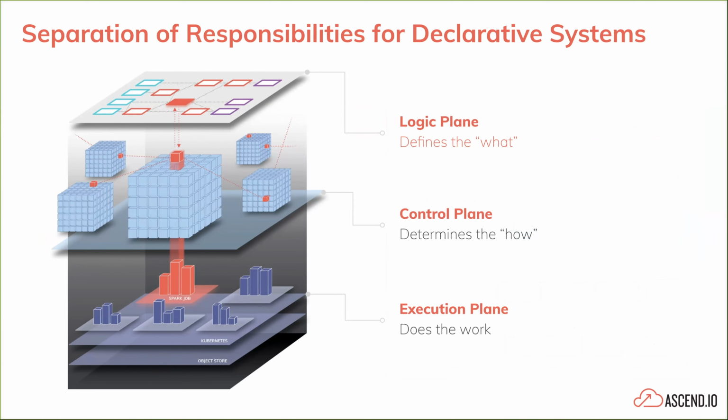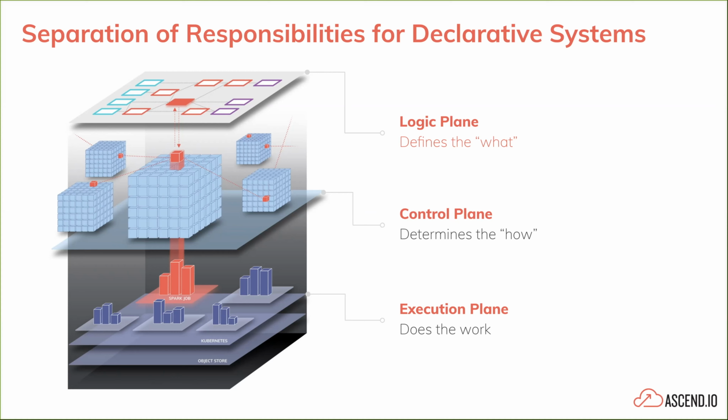Then in the middle, you have this new control plane that we've been introducing that handles the translation of the declarative code of what do I want to have happen into how does it need to happen. Oh, I see, the S3 directory is almost nearly mirrored to Redshift, but there's one new file that hasn't been dealt with yet. So let's go deal with that one new file, and then let's execute a job to do that.